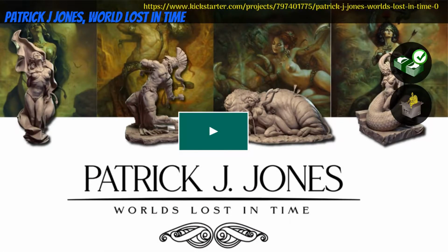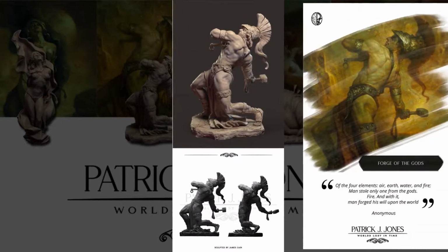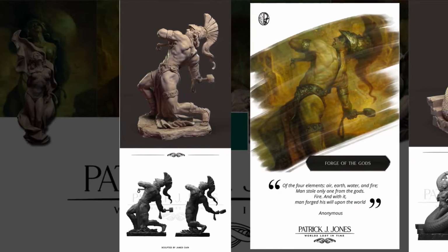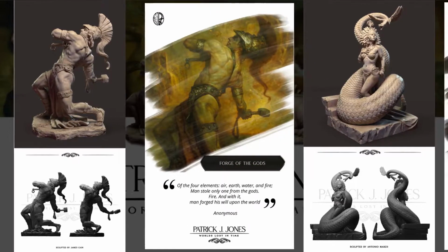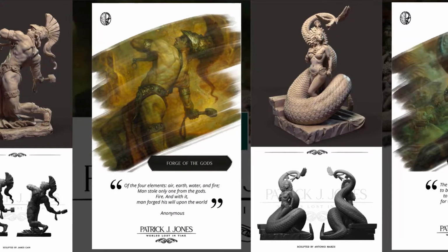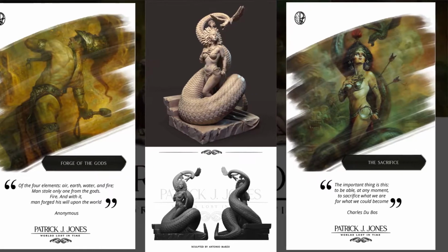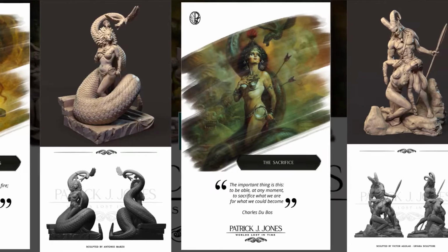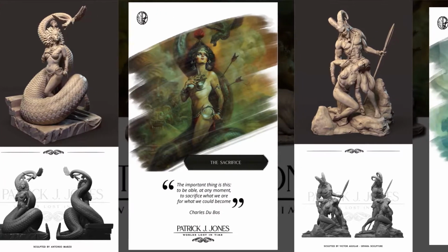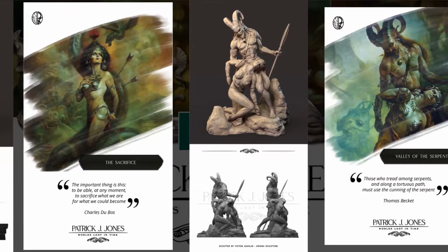Patrick J. Jones, World Lost in Time. High-quality minis, prints, and books based on the art of Patrick J. Jones by Mindwork Games of Italy, their first Kickstarter. As well as prints, art books, and painting technique books, there are 7 sculptures here based on the work of Patrick J. Jones. I am only showing a few of them, however, as the rest are a little more risque